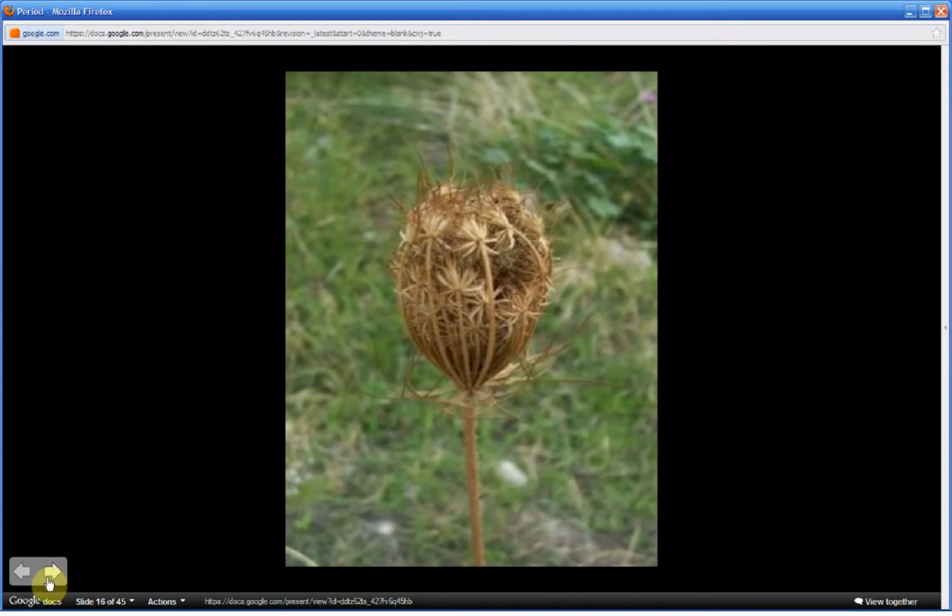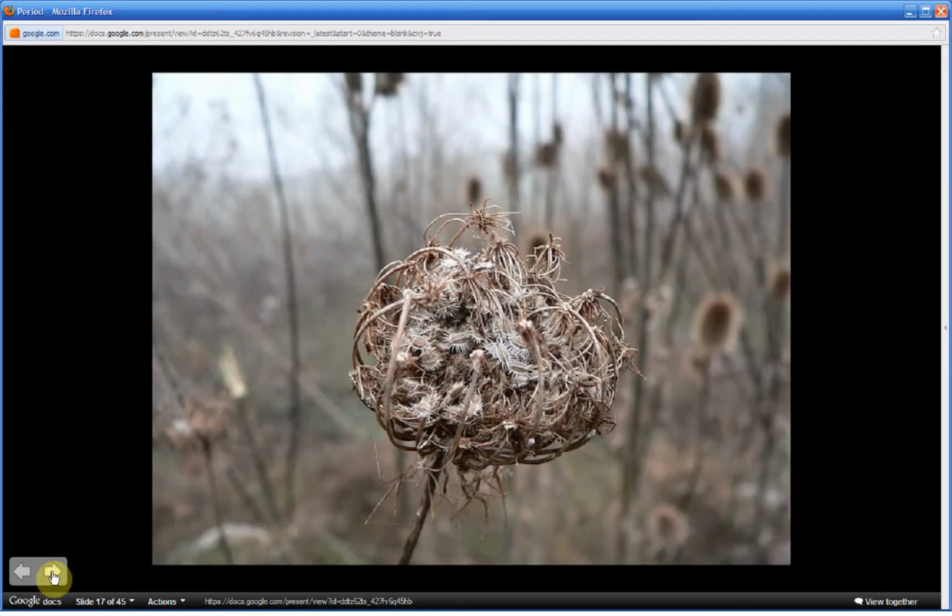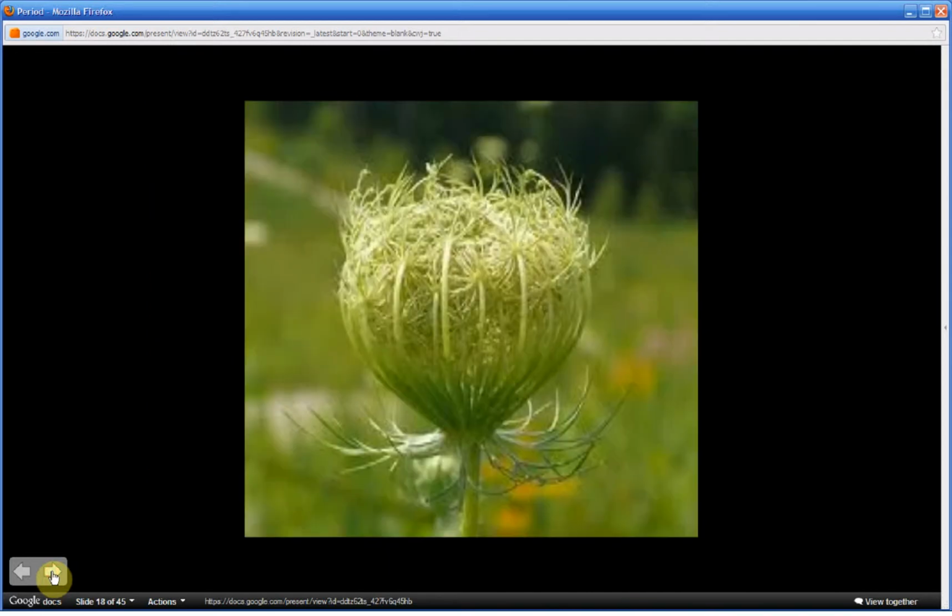This is what it would look like after it dries and folds. This is late into its 2nd year. The flowers have already turned to seed, resembling a bird's nest. See the seeds inside there. We will have a better picture of that later. In the process of folding and drying up,